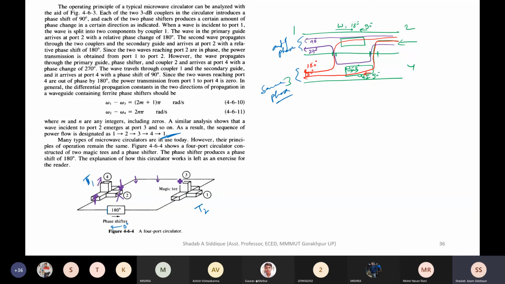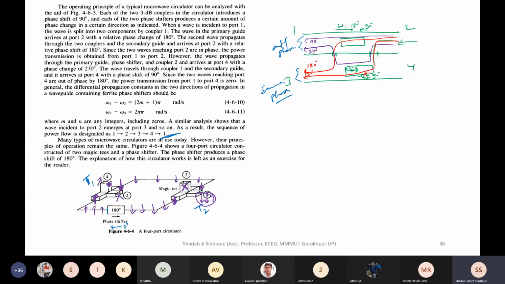So you take this wave as out of phase, and it will come directly to this point. Now this wave which is coming from this point will be 180-degree phase shifted by the phase shifter, and that will be in the downward direction, coming here. Now you can see, when we take these two, this wave is in the downward direction, and this is also in the downward direction. When you take it from this arm, they will cancel each other, because this port will be the difference port. So you will get 0 at this port, and this will be summed up. This is just summing up at this port.